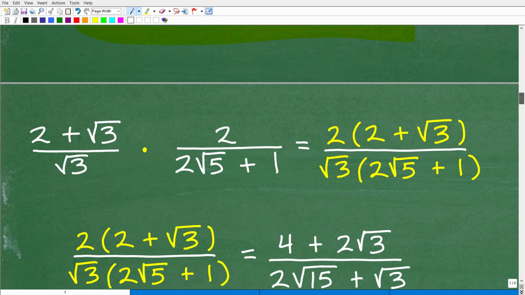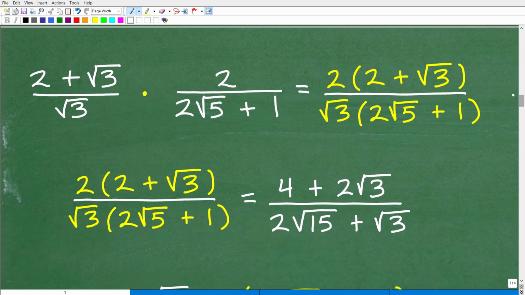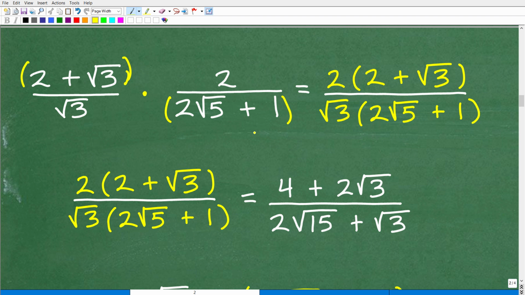All right, so let's go ahead and figure this thing out right now. So we have these two expressions being multiplied by one another. Here is a really important part of the next step. Notice here I have 2 plus the square root of 3 over square root of 3. Now I'm putting this 2 plus the square root of 3 in parentheses. Anytime you have a sum, you're adding or subtracting things in mathematics, algebra, whatnot, I would encourage you to put grouping symbols around those sums and differences. It's going to make your life a lot easier. There's nothing technically wrong with adding them in. You're not breaking the problem, but it will help you